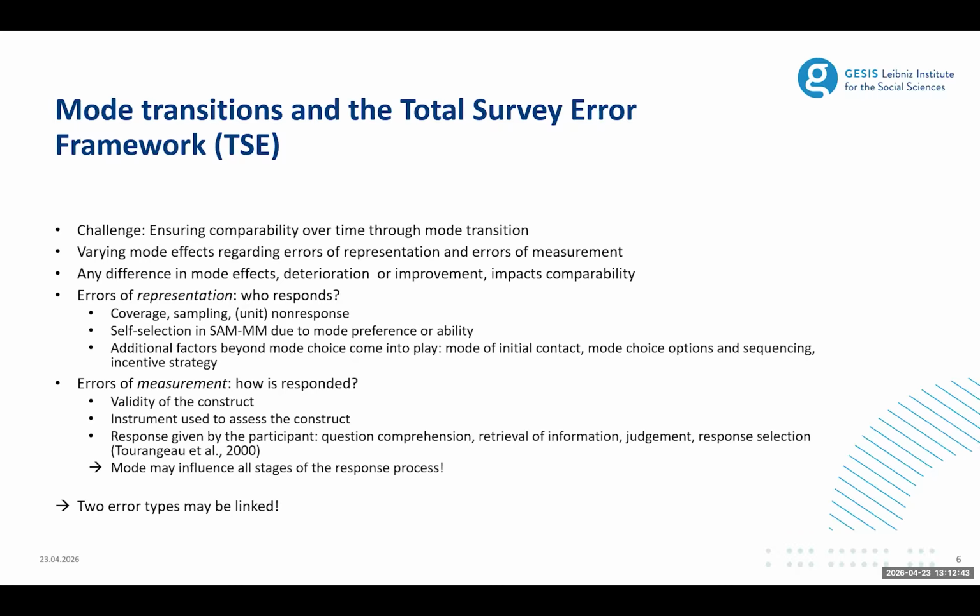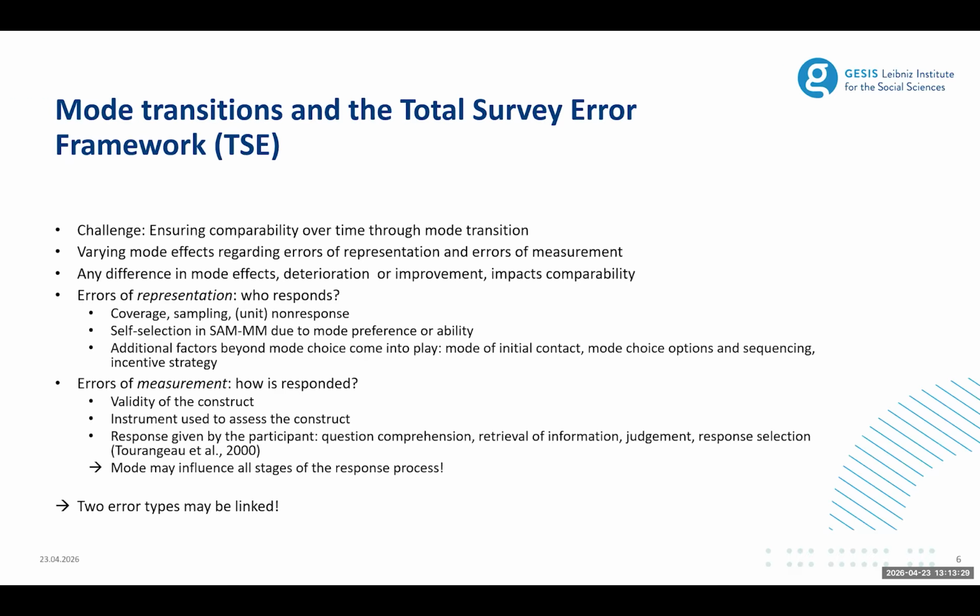He has differentiated the response process and broken it down into several parts: question comprehension, retrieval of information, judgment, and response selection. And actually, survey mode can influence all stages of that process. For example, it can influence the difficulty perception as well as motivational components that may lead to increasing or decreasing tendency of optimizing and satisficing behaviors. Also, and this is important in the context of IAMs, social desirability may differ due to the absence or presence of an interviewer.